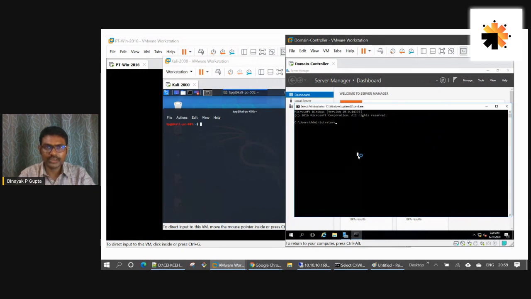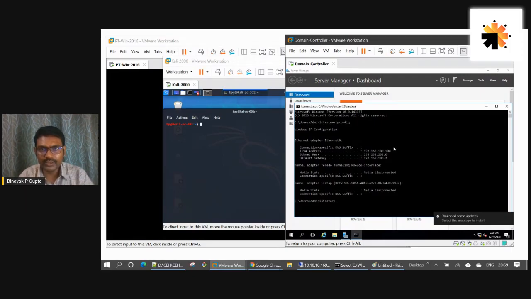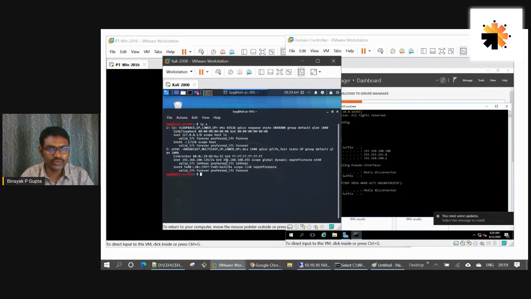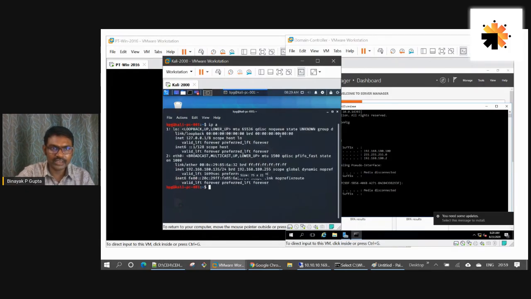Okay. Oh, what is it? Yes, ipconfig. So 192.168.180.100. So I'll just come to Kali and type in ip a. So we are on the same subnet. I'll just make it a bit larger in size. So I'll just sudo first of all. sudo su -